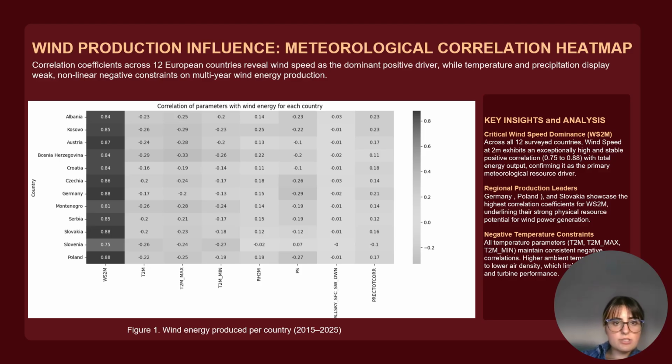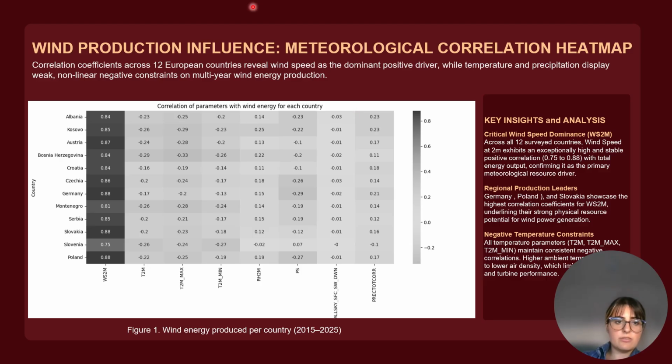The chart uses a scale where values closer to 1 are darker and indicate a stronger positive correlation,